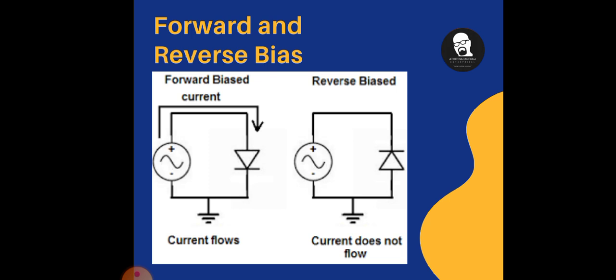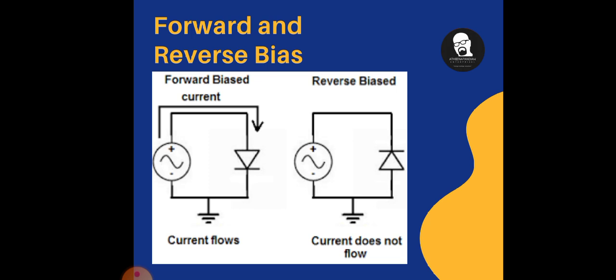So the width of the depletion layer will reduce in forward biasing, right? Because of the external power supply, more charged particles get recombined with each other. That's why the depletion layer gets reduced. So in forward biasing, the current and voltage readings are very good because it reduces the depletion layer, which is called forward biasing. The explanation regarding this is given in the notes, read it carefully.